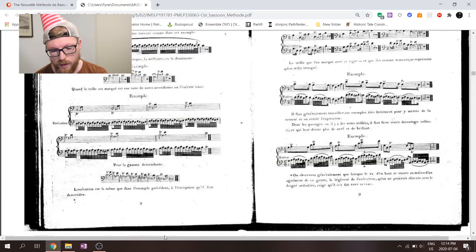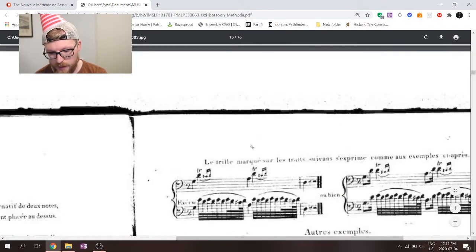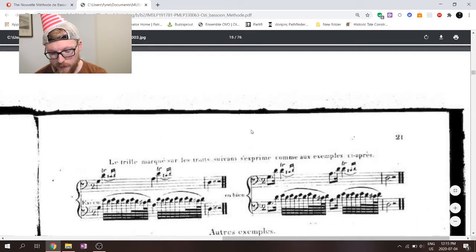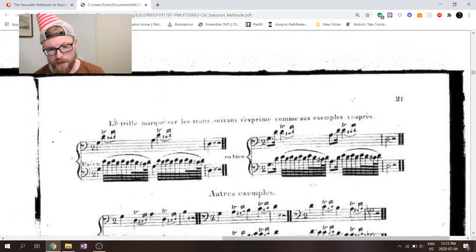Anyway, what happens if you're not doing a descending or ascending scale? What happens if you want to arrive on the trill by a jump? What I have here is what happens if you've got a G and then you jump to the D, which is trilling. Well, in this case, OZ says you have to begin the trill on the upper note, right? So, bom, dee,